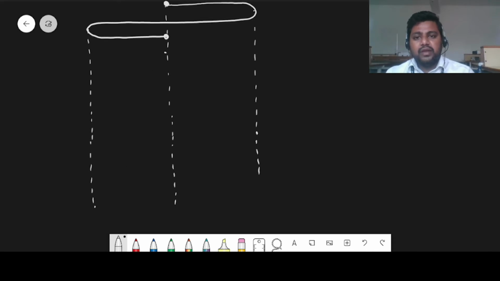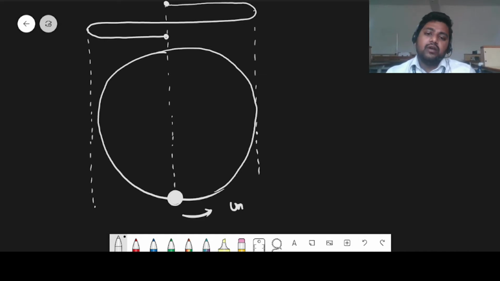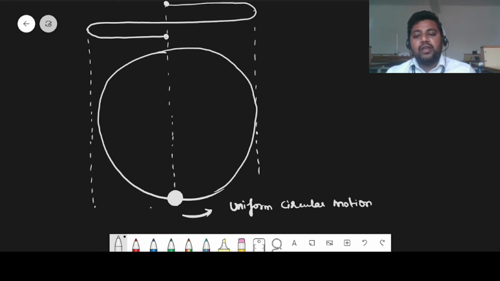You can take it as one circle in which there is an object here. It is performing circular motion, which is a uniform circular motion. Okay. Now if you are following the shadow of it,